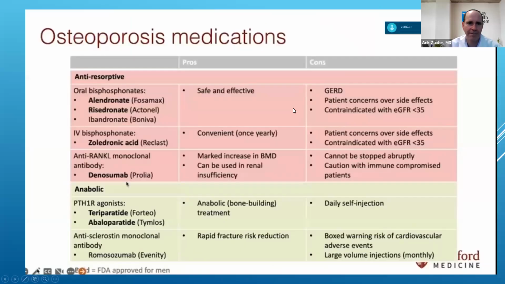So what do I mean by that? Well, there's two categories of osteoporosis treatment. The first is the treatments that prevent bone from breaking down. So if you're going to stop bone from breaking down, you're going to strengthen bone density and prevent fracture. The newer medicines have actually figured out a way to actually make more bone, not just prevent it from going down, but actually building it up and making more. And those are kind of higher level, fancier medicines, and there's a role for them as well.